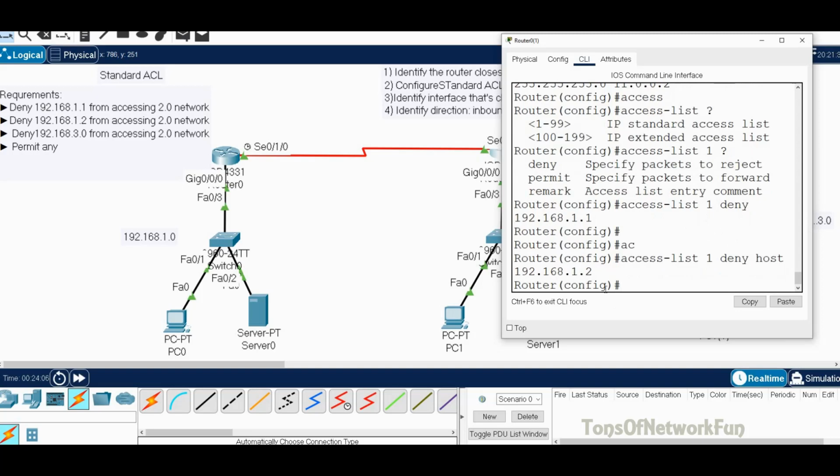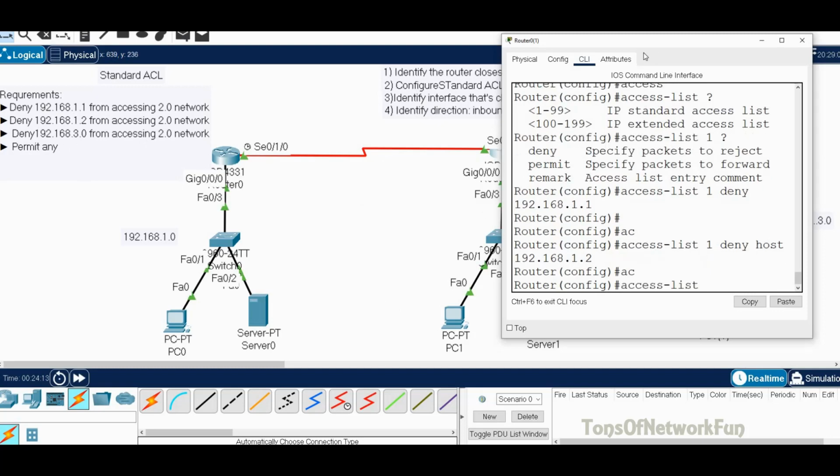Okay, so we are done with the one network. Now we have to deny the complete 3 network from accessing 2 network. So access list 1